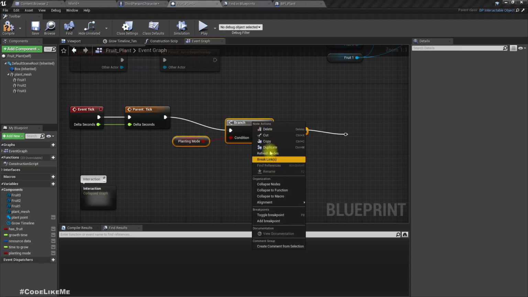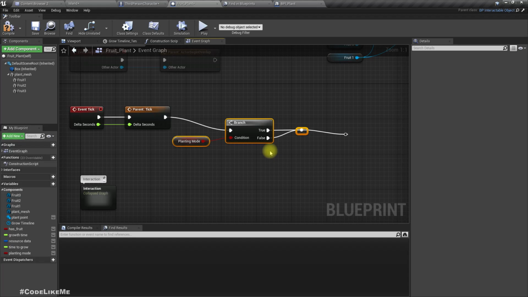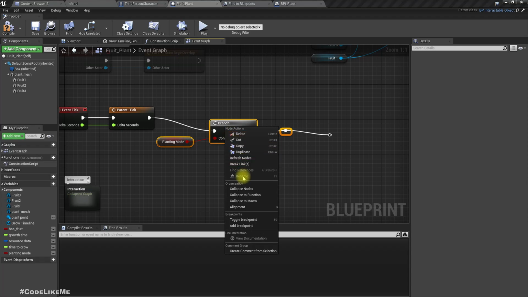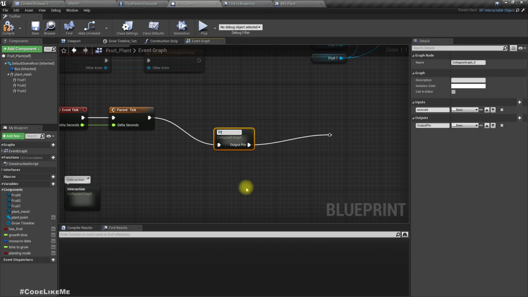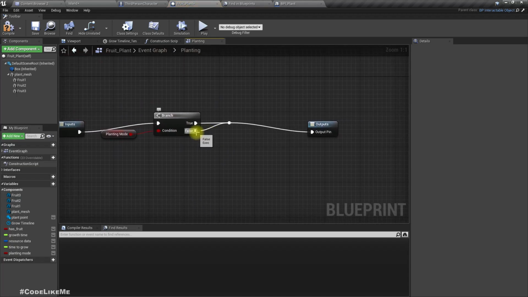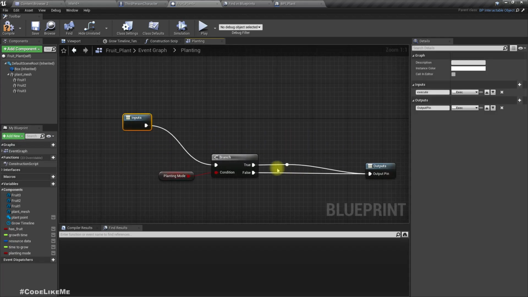And let's collapse this part. Planting. So if it is false, just escape this. If it is true,